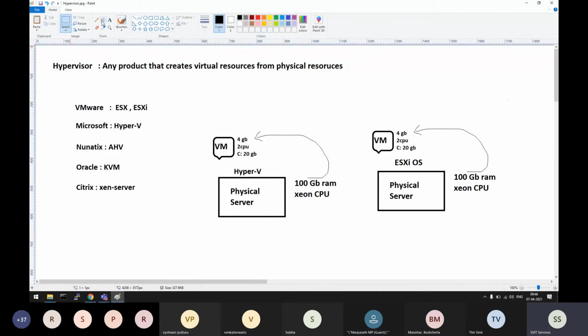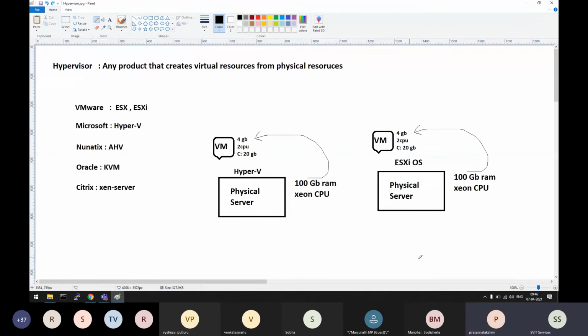ESX is outdated. ESXi is the available product from VMware itself. This is outdated and this is available. Both are from the same company. Clear?